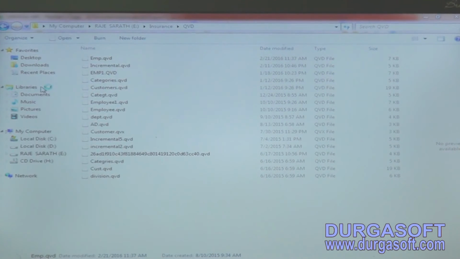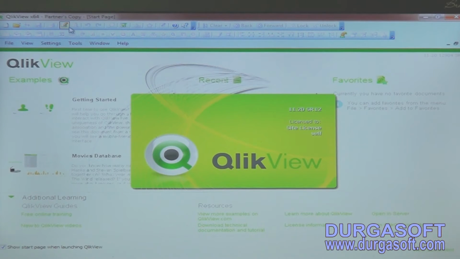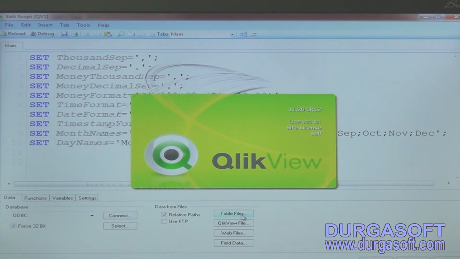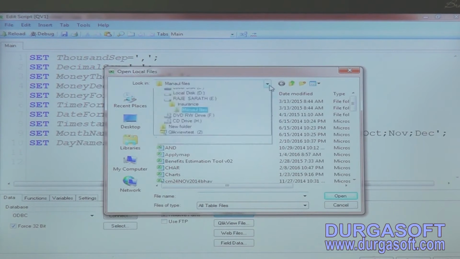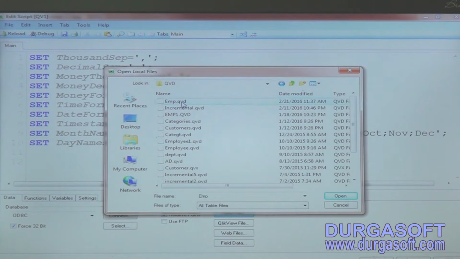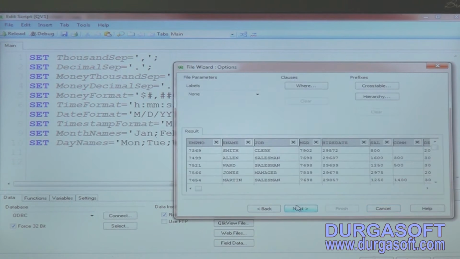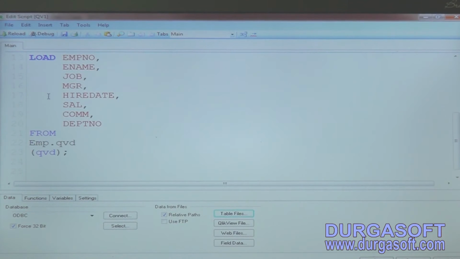How to open the QVD file means need to go to QlikView. As it is a data file, you can directly go to table files because QVD is nothing but one data file. Go to table files, select here insurance QVD employee.qvd, open. If you see here, all the data is stored into this QVD file. Levels, next, finish